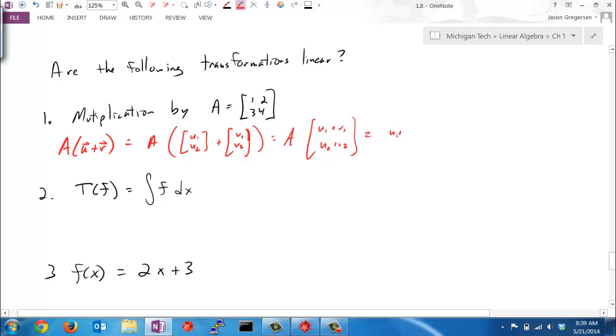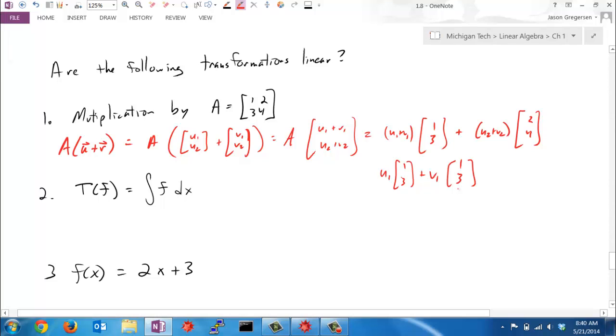So that means this is u1 plus v1 times the first column if I do the multiplication here, and then plus u2 plus v2 times the next column. And then I have rules about how I can distribute, because u1 and u2 are just scalars. So I can say this is u1 times this thing plus v1 times this thing. Do the same thing for the other side and regroup, and I'll get right back to what I want to get to. I could go through all those steps and be really careful about this, but